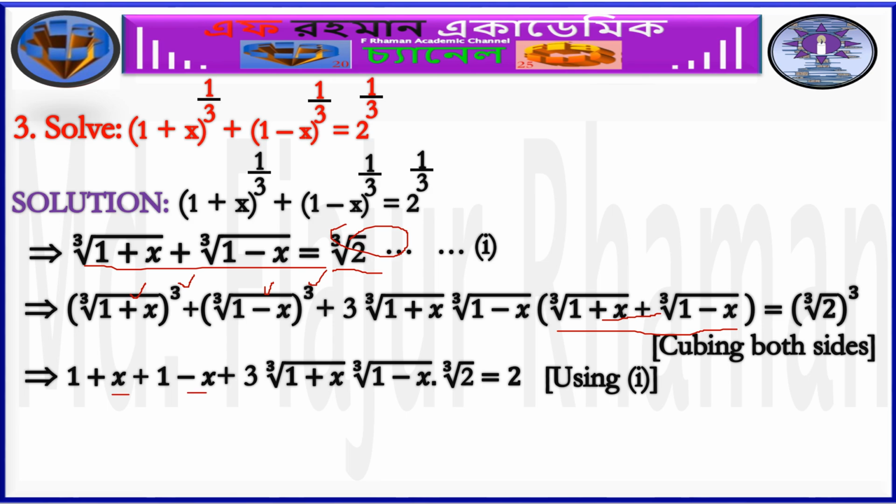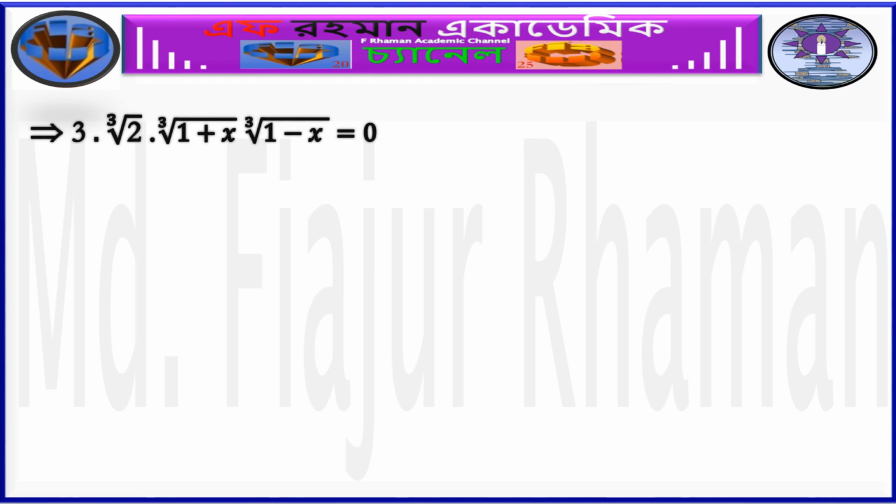x and minus x should be cancelled out. 1 plus 1 will become 2. That's why this equation implies that 2 plus 3 into cube root of 2 into cube root of 1 plus x into cube root of 1 minus x is equal to 2. 2 and 2 should be cancelled out from both sides. Then we can write 3 into cube root of 2 into cube root of 1 plus x into cube root of 1 minus x is equal to 0. Since 3 into cube root of 2 can never be 0,